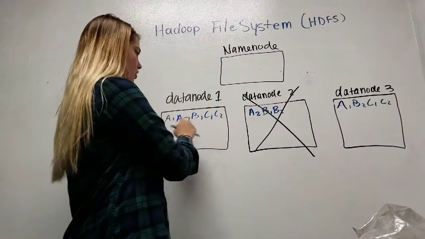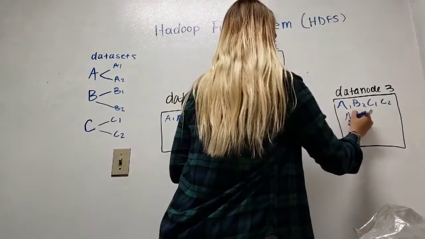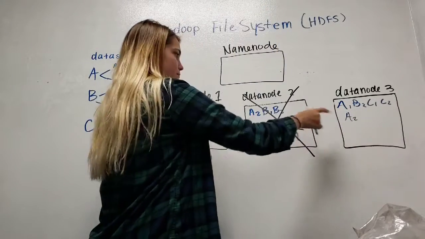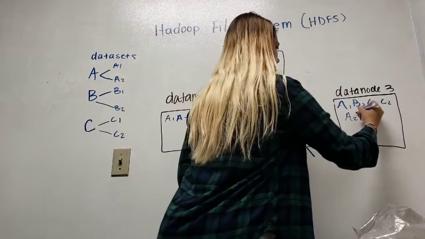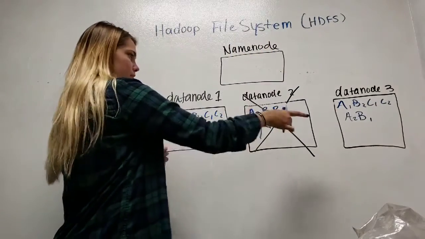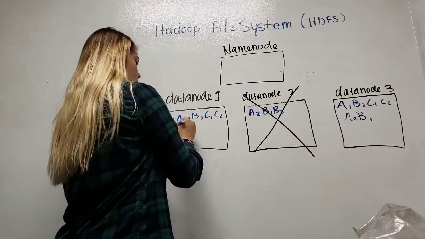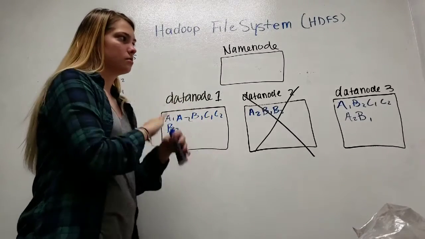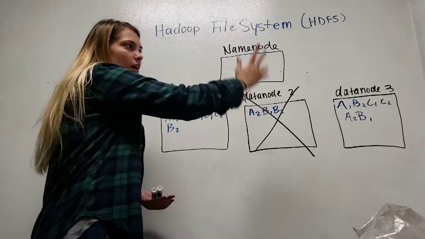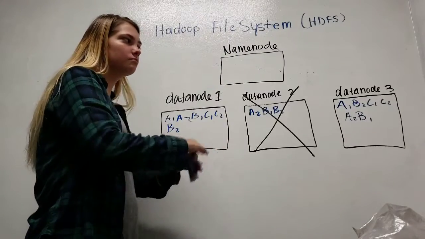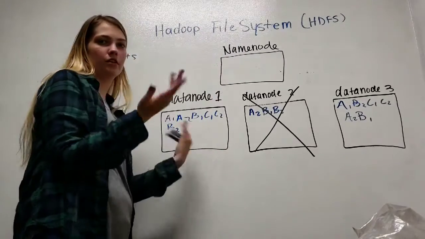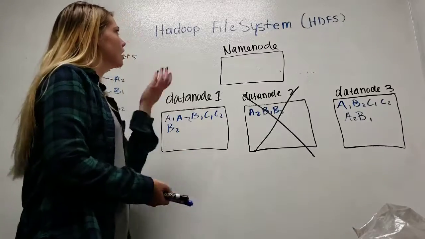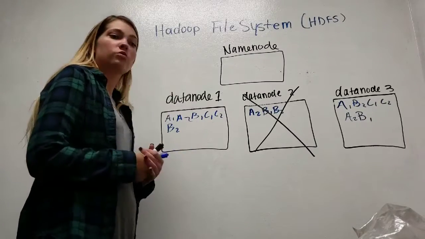Since this one already has A2, we're going to put A2 over here. And then since B1's over here, we're going to put B1 over here. And then B2's already over there, so we're going to have that there. So that way we still have 2 replicates of all our data sets regardless. So that way, let's say data node 3 also crashes, we still have everything here. And that's what makes our Hadoop file system storage just so